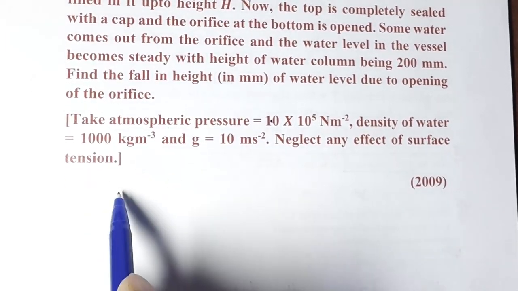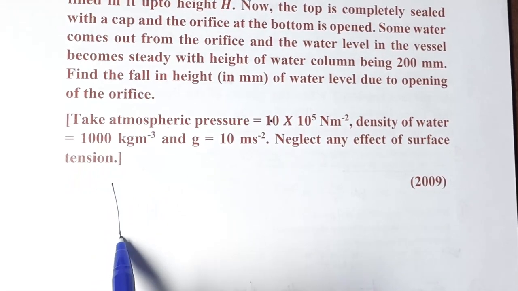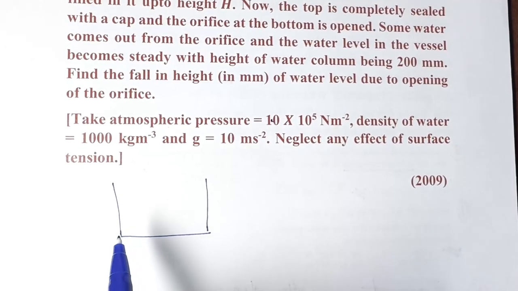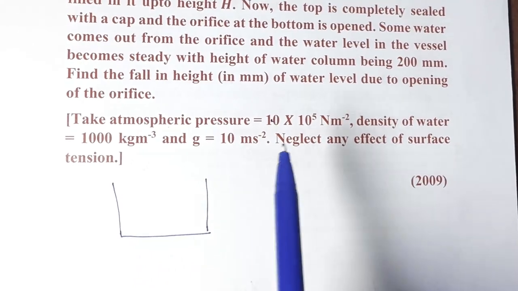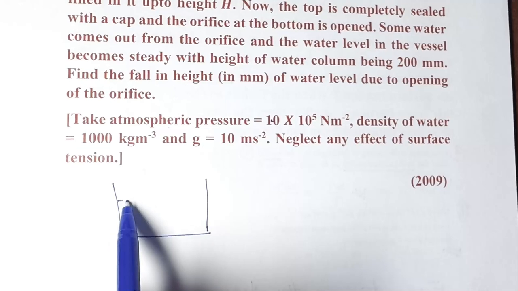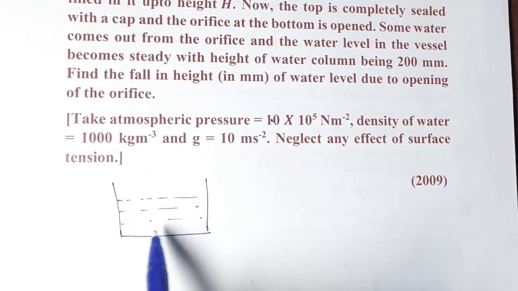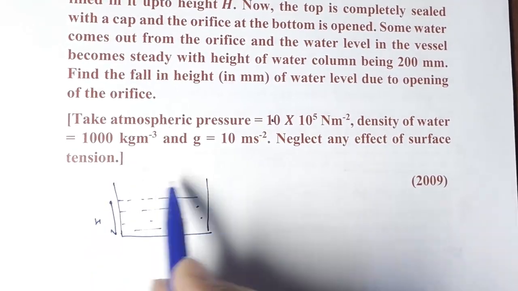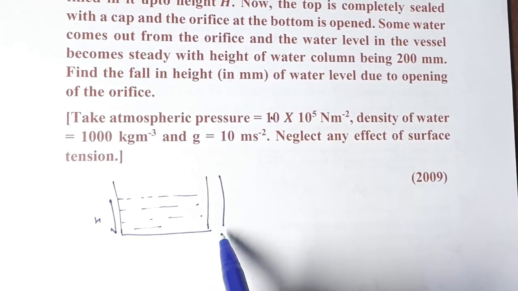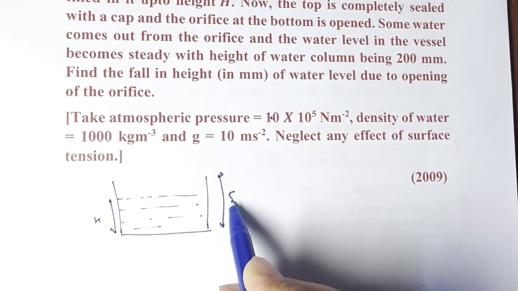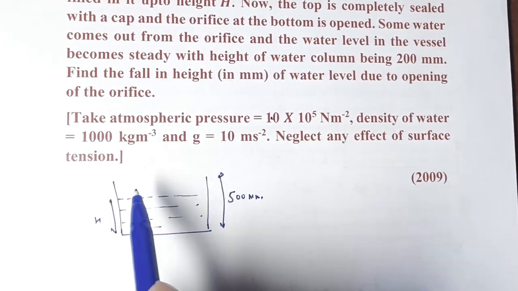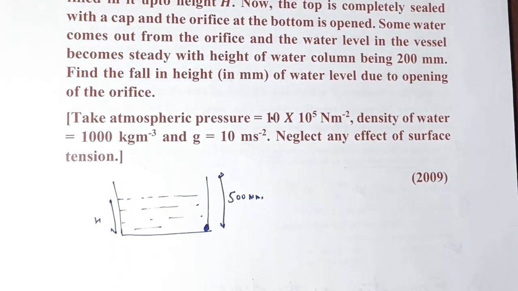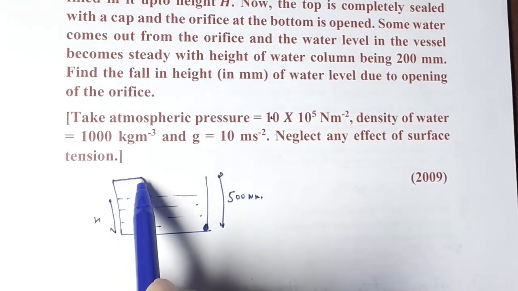So initially we are given that the water is filled up to the height h. So let us suppose this is the height of the water h, and the height of the vessel is 500 mm, and it is having a small hole or orifice at the bottom, and initially it is sealed from the top,